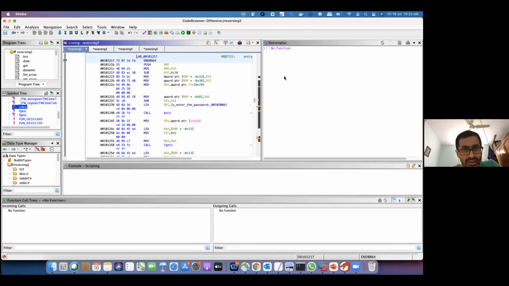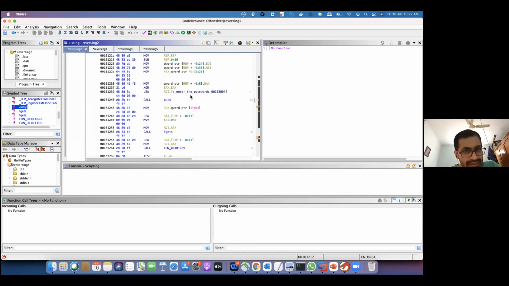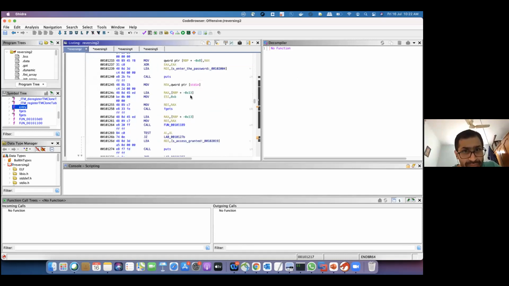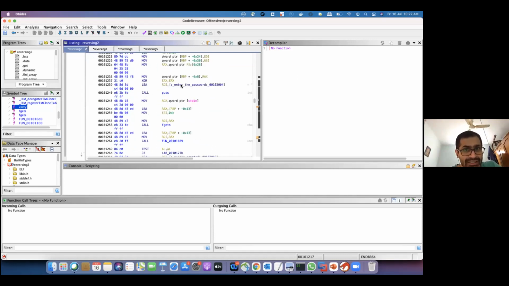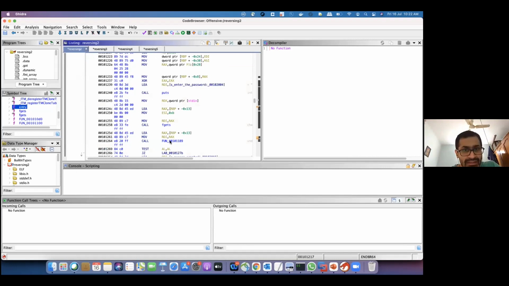This is generally the case; you would not always have a pseudocode generator, and that's why I told you that you generally use a combination of disassemblers. Like you try to load the same in IDA to see if it is generating the pseudocode or not. But let's see. It has not generated the pseudocode, so does it mean that's the end game for us? No. Let's see what other hints we have. We know that it's asking for the password, an argument from the user. It calls puts, calls fgets, and then it calls this function,